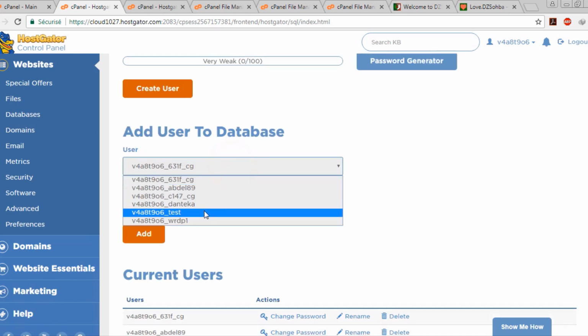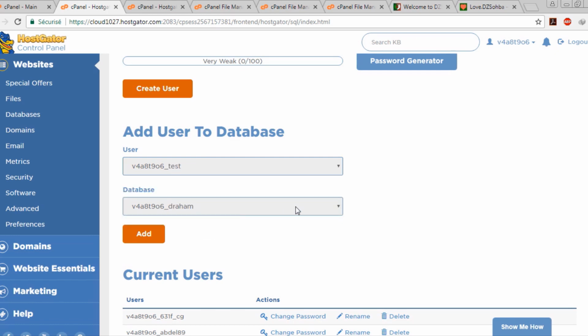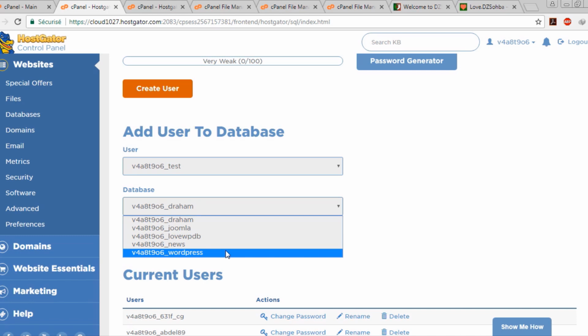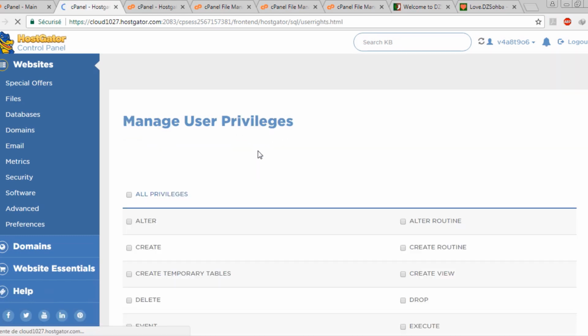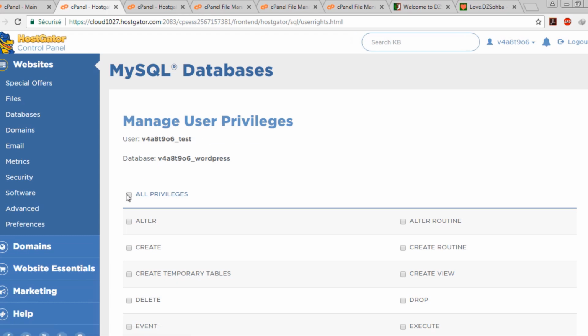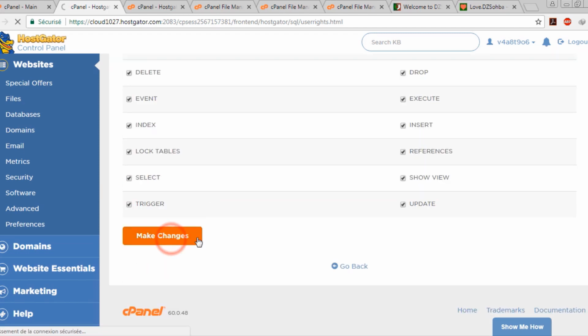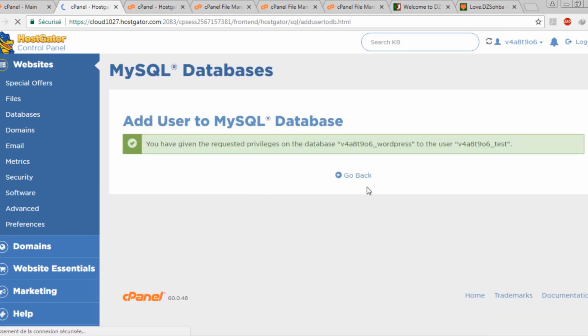Select the user again. It can be the same user. Select the WordPress database and click on add. Again, you have to manage the privileges: check the box for all privileges, and make changes. That's it. Now that we created the databases and the users that will handle these databases,